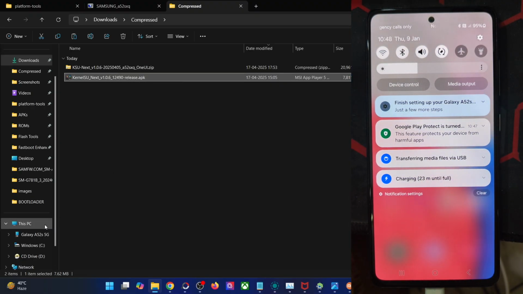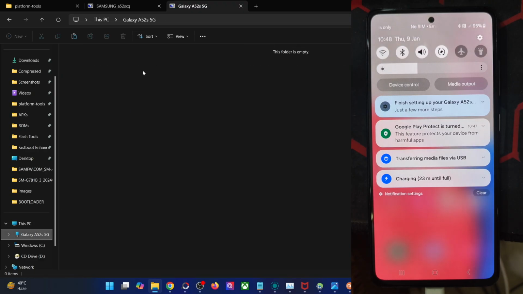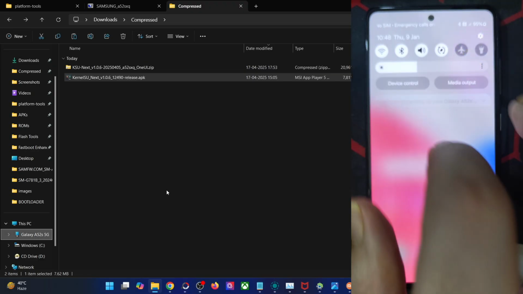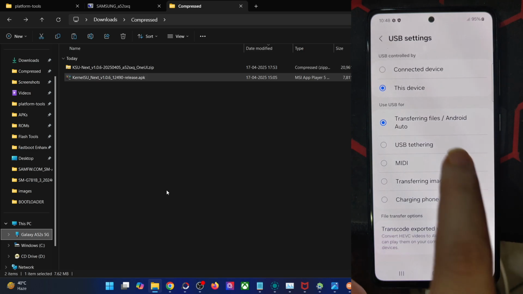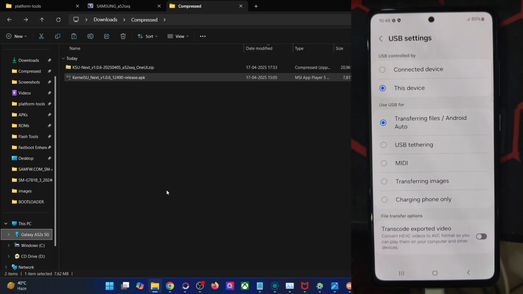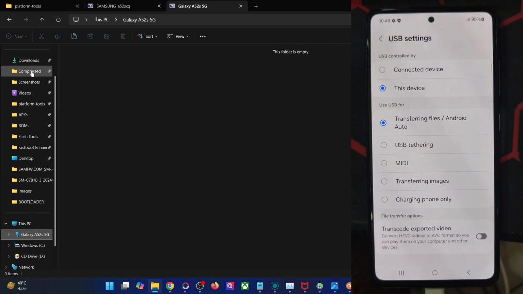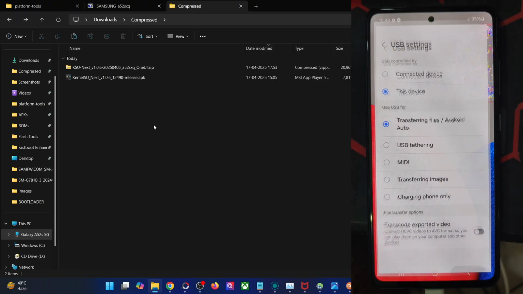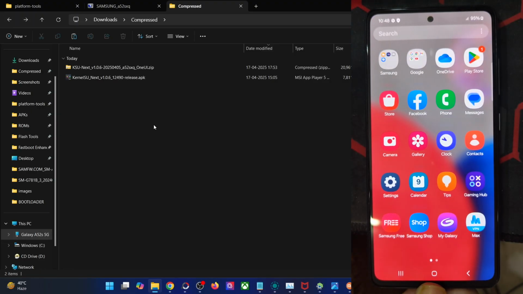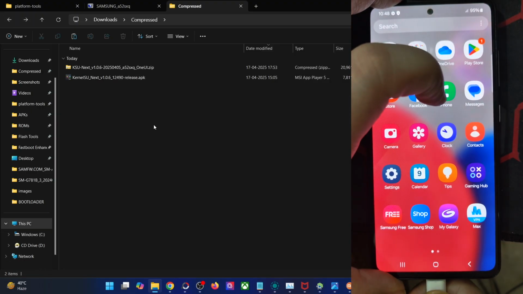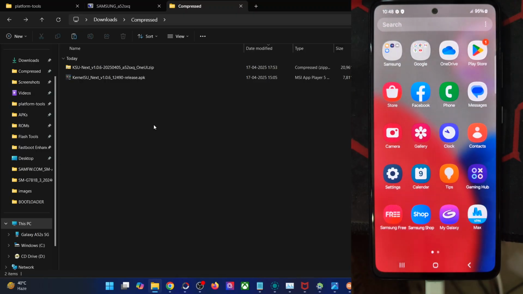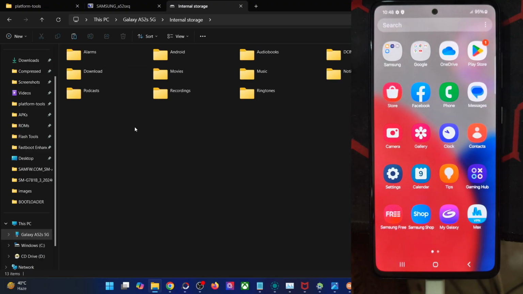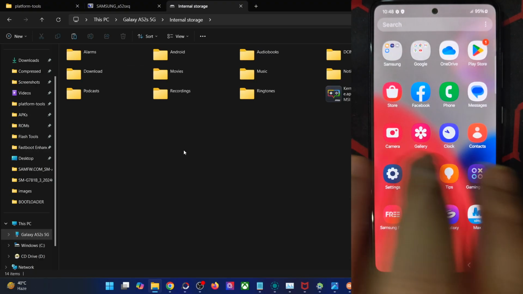It's set to file transfer, well and good. Okay, just give me a second. Transferring media files, it's already set via that mode, and I don't know why my phone is not shown here. Let's wait for a few more seconds. Let me unplug and replug my phone to the PC. Okay, so this prompt was missing. Now I got the prompt, and now I could transfer the file onto my phone. Paste the file over here. We have got the KSU Next app.